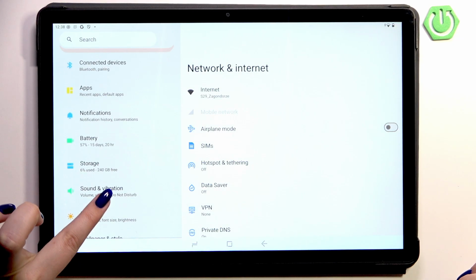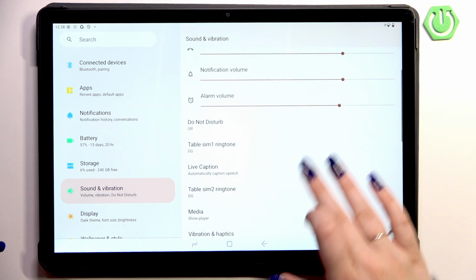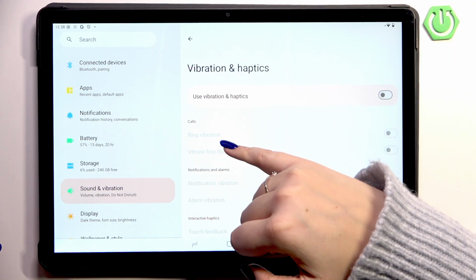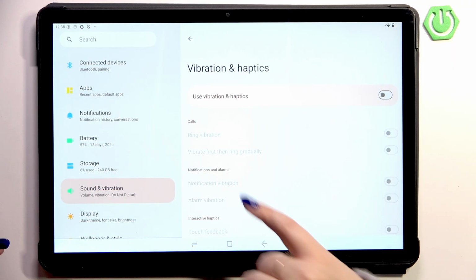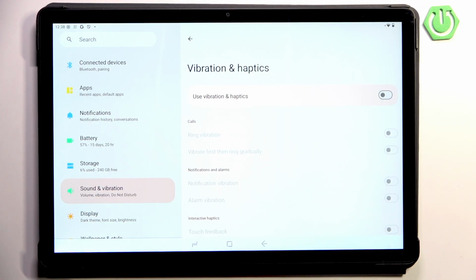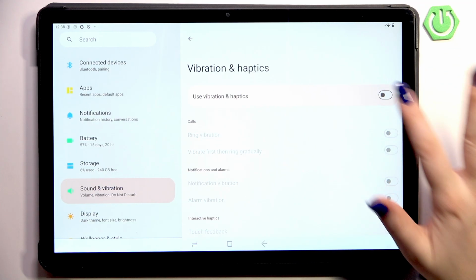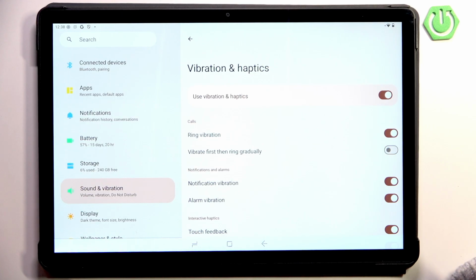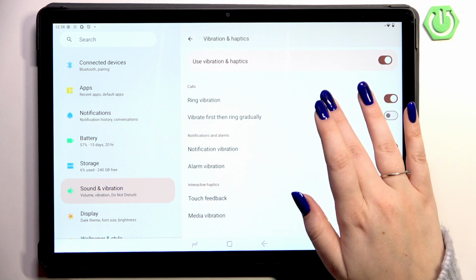However, be aware, because at the same time you're also turning off for example, ring vibration or the notification vibration. So probably you don't want to do it. If you wish to turn off only the haptics, so the vibration feedback for the touch, simply scroll down a